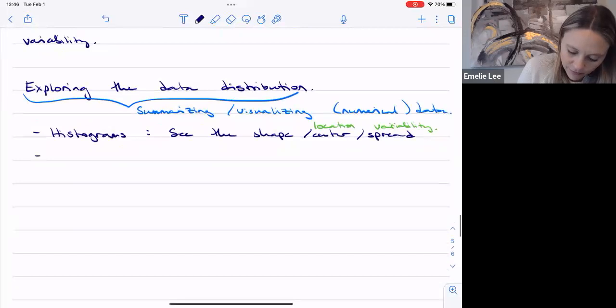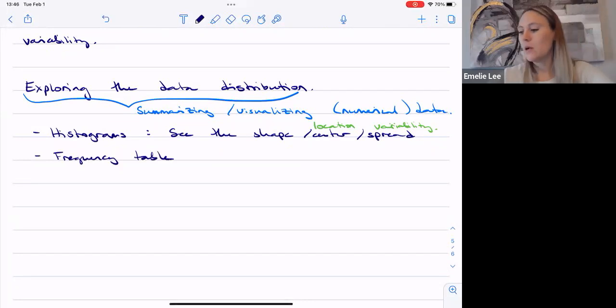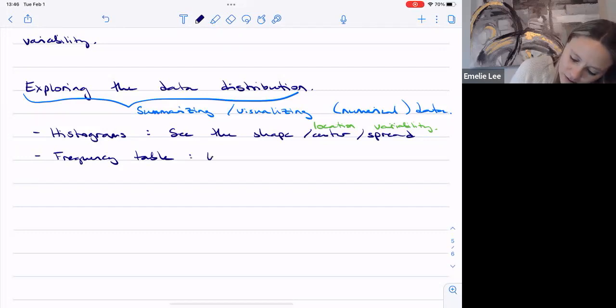And so a frequency table is just a table that summarizes the histogram. It's what our histogram is based off of. So what we use to make our histogram,